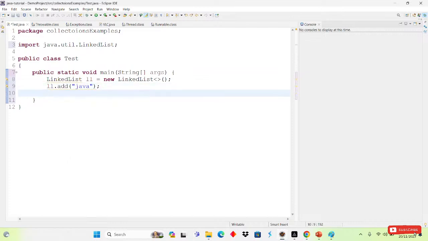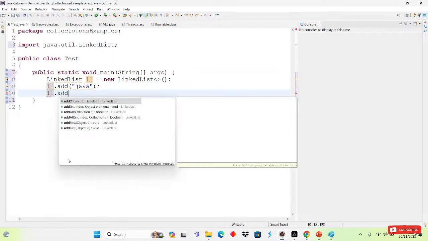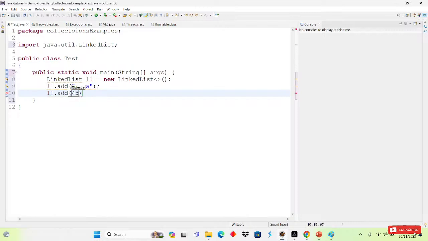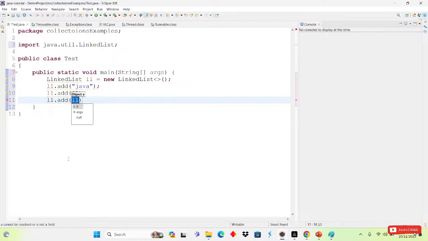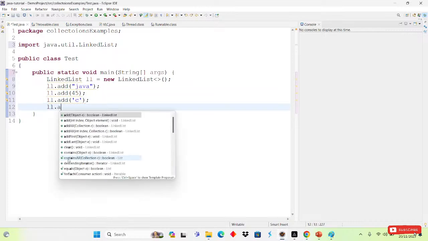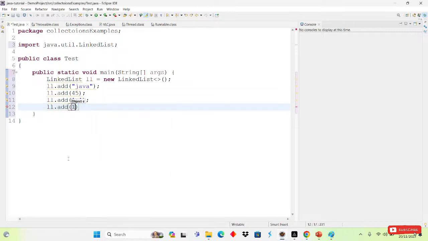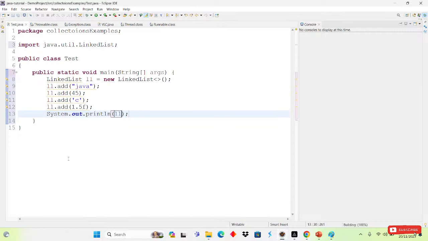After that, if I want to add any integer, suppose I add, and here I'm writing 45. Suppose I want to add a character, I write ll.add, and here I'm adding the character C. And if I want to add a float, we will add 1.5, like that. And if we want to print, we write System.out.println and print the ll. If you print this one,